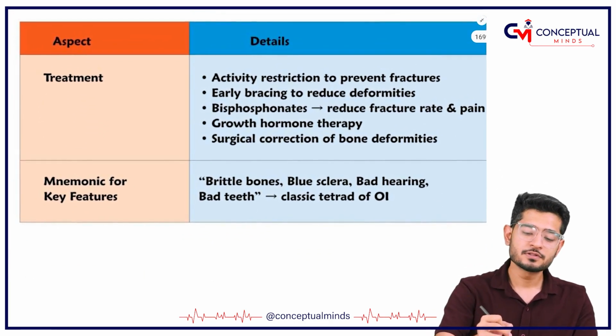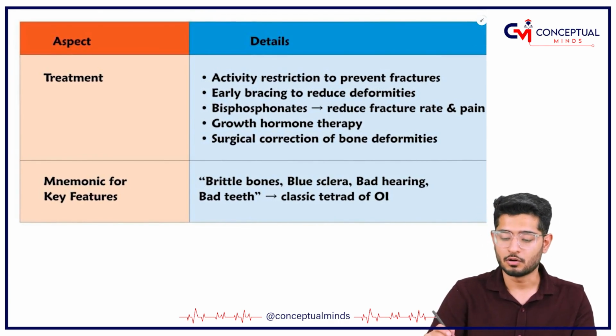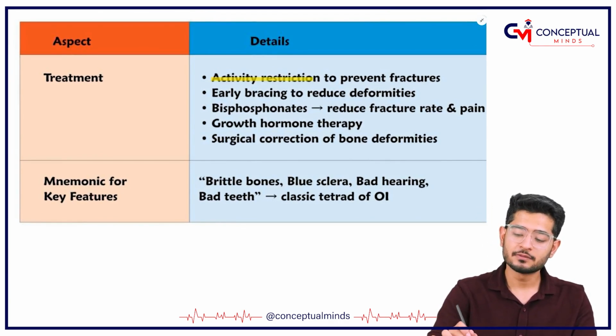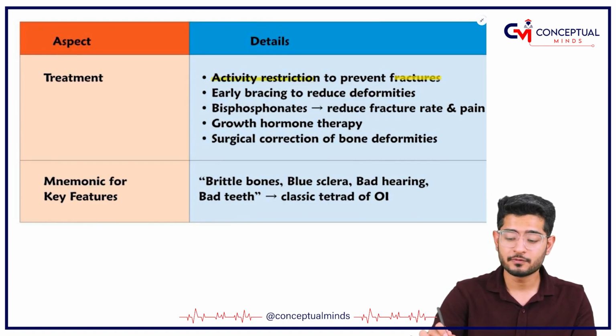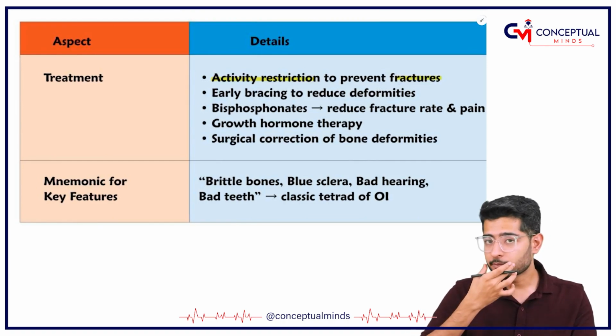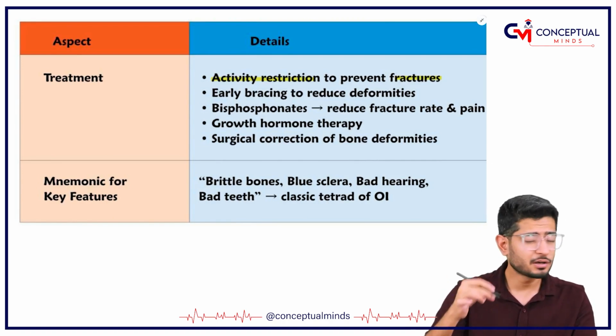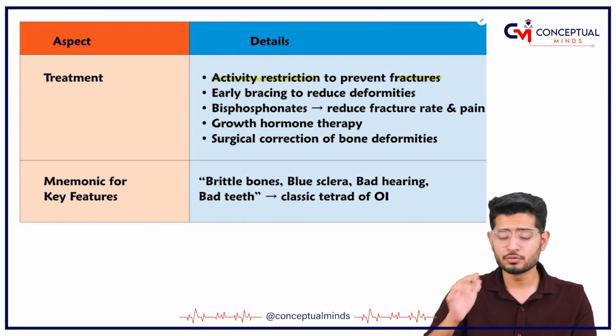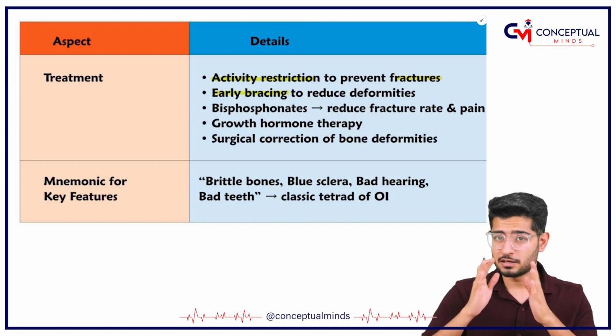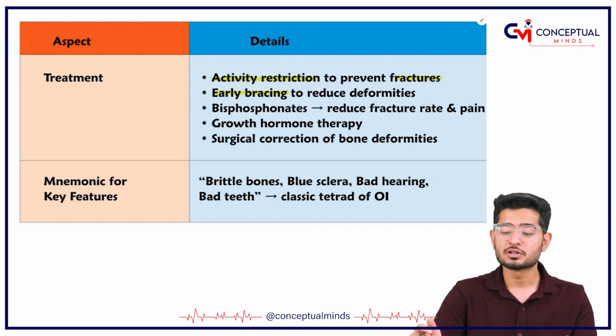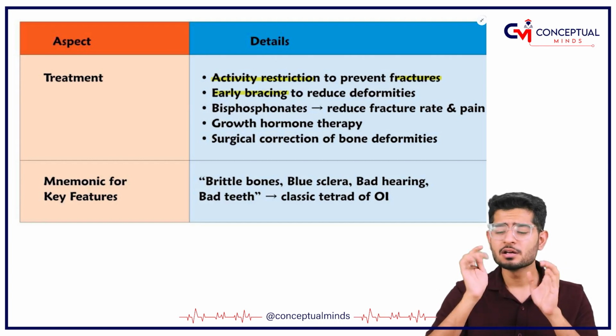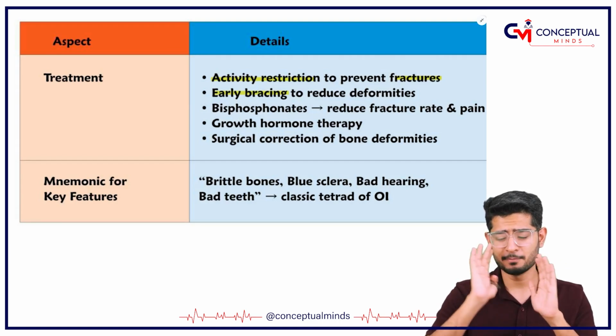So what to do? First of all, please don't allow the baby to walk a lot; you have to do activity restriction, otherwise the baby will develop fractures. Even for normal bones, we give bracing. What does bracing do? Bracing keeps the limb in a particular posture so that no deformity happens. Have you seen gardeners tie up bent plants with a stick? Why? Just to avoid improper posture.